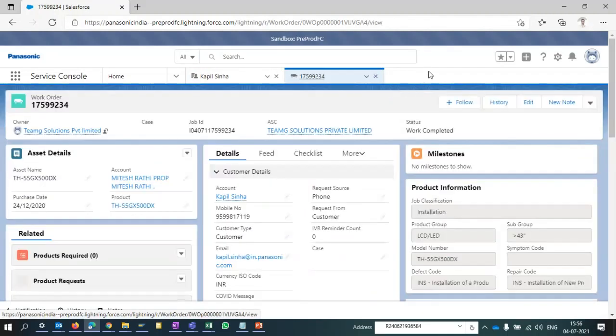So this one is also a functionality of Salesforce, which I want to share with you. Wherever you have left your work in Salesforce, once you log out and next time when you log in, you will get the same page where you left off. Right. So this is a very good functionality which I like most in Salesforce. Okay. So next I'm just going to create a work order.